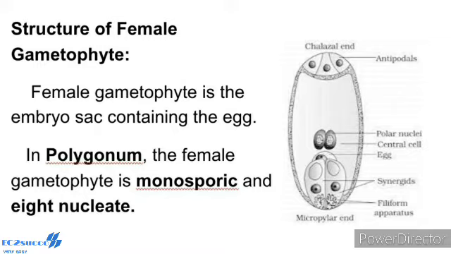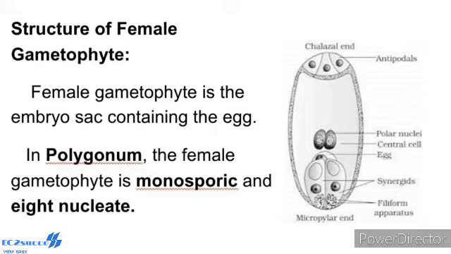Of the 4 nuclei at the micropylar end of the embryo sac, 3 organize into an egg apparatus. The 4th one is left free in the cytoplasm of the central cell as the upper polar nucleus. 3 nuclei at the chalazal end form 3 antipodal cells, whereas the 4th one functions as the lower polar nucleus. Depending on the plant, the polar nuclei may remain free or may fuse to form the secondary nucleus, that is called the central cell. The egg apparatus is made up of the central egg cell and 2 synergids, one on each side of